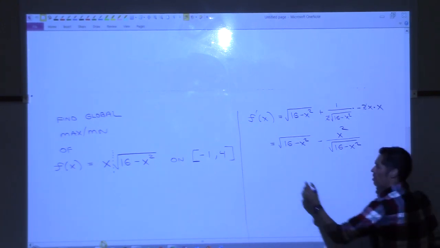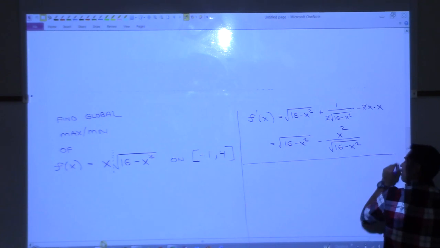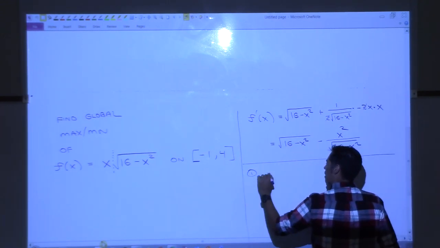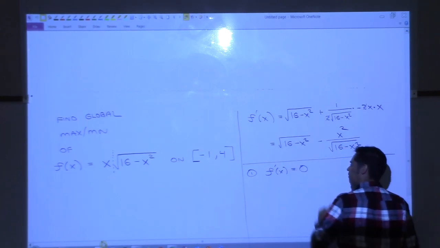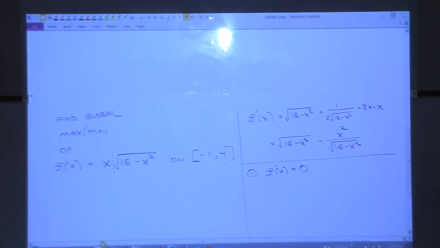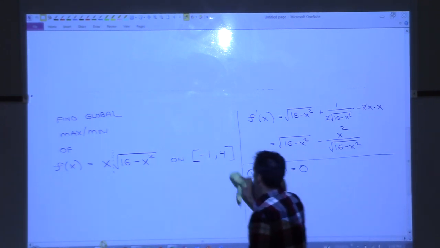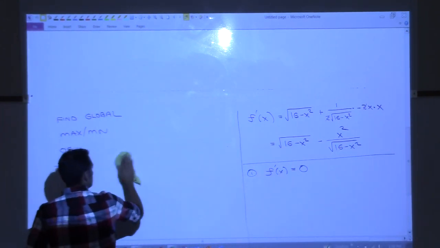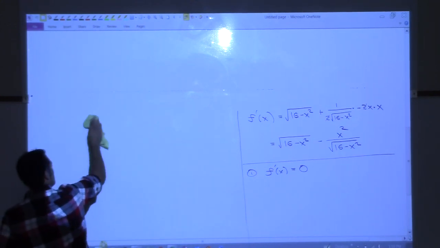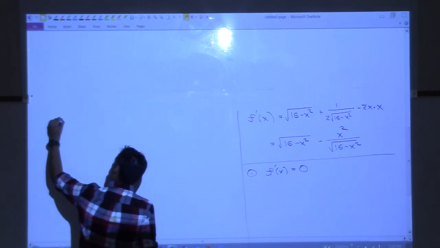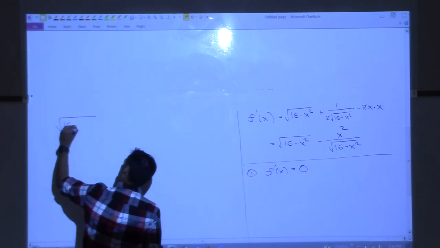So I'm ready to start my work. Step 1 for this process, I need to figure out where the derivative is equal to 0. So to figure out where the derivative is equal to 0, I need to set that equation equal to 0. And I'm going to need to do that over here because I think I'm going to need a little bit of room. So I need to set square root 16 minus x squared